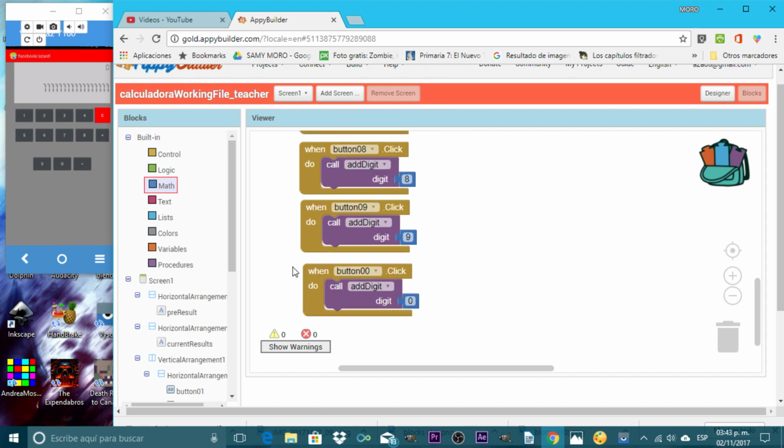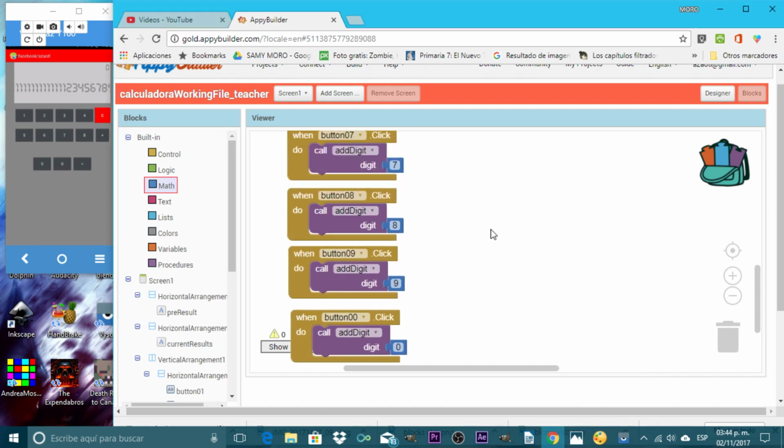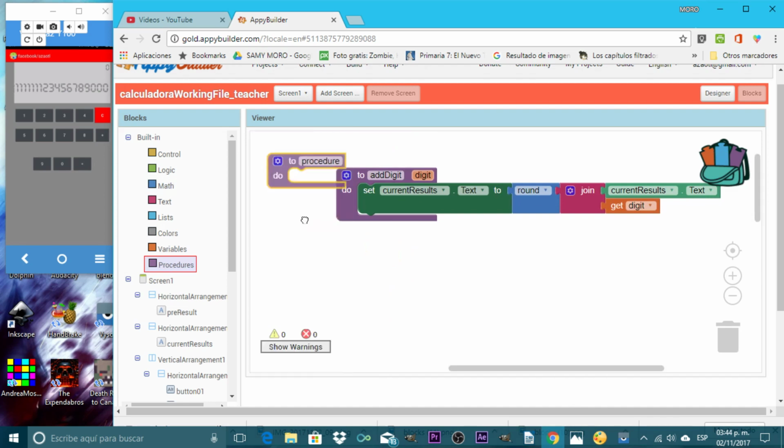We have the numbers. Now let's try it. 2, 3, 4, 5, 6, 7, 8, 9, 0. So we have the numbers. Now, after we did this, we need to start thinking about the procedure to make the addition. Well, to do that, we're going to create another procedure. So we go to design, we go to procedures, we create a procedure, and we just name it